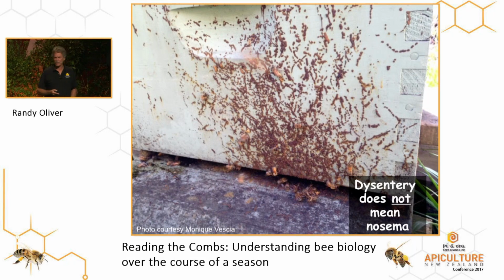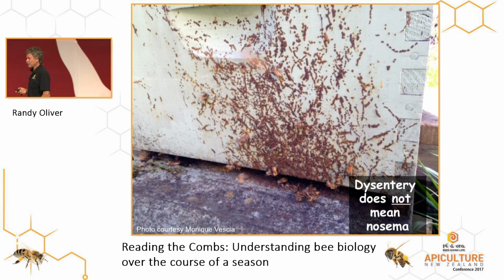Other common misconception, they see dysentery in front of the hive. Dysentery has nothing to do directly with Nosema. Nosema ceranae never causes dysentery. Dysentery is from a yeast infection or from undigestible proteins or poor pollen substitute or some kind of plant pollen they can't digest. That causes dysentery. Now, if they are having dysentery and they're defecating inside the hive, then that will spread Nosema spores if they already have it. But the dysentery is not from the Nosema. So that's another common misconception. If you see dysentery, that doesn't mean there's Nosema.